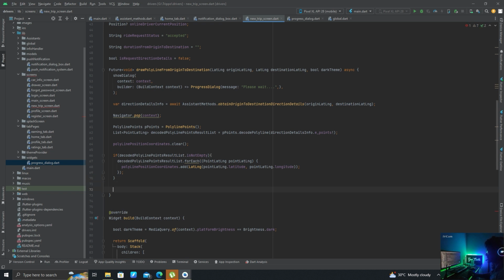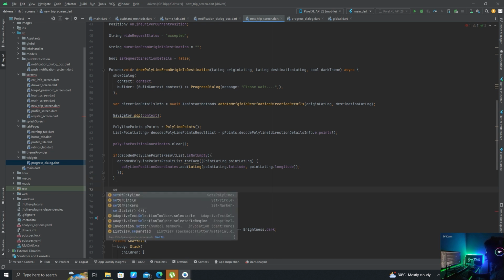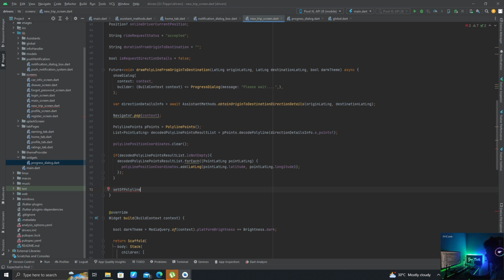After that we can clear our set of polylines. So setOfPolyline dot clear,